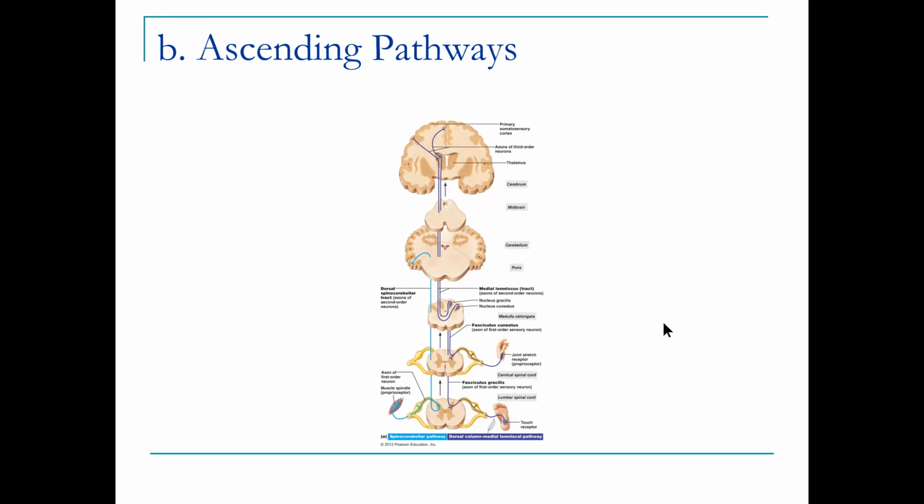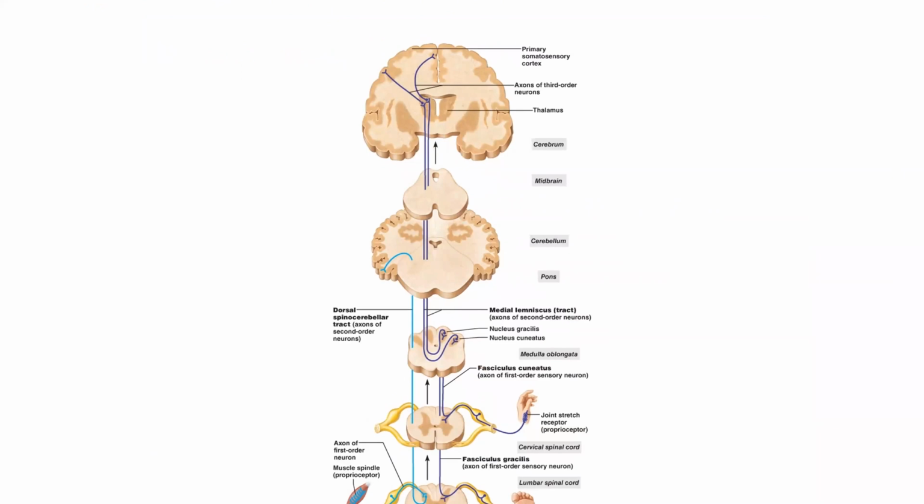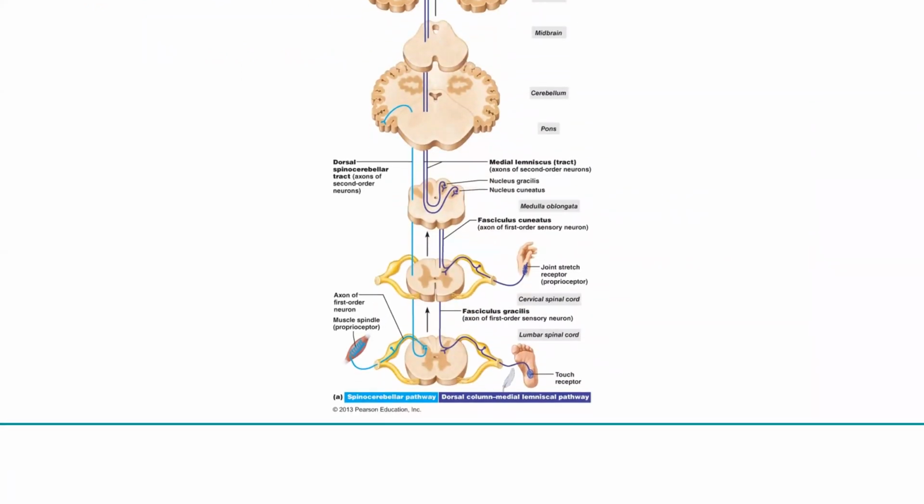Or let's see if this is the... And here we go, the medulla oblongata. So we've got our first order neuron coming in and going up this tract. This is the tract, okay? This is located in the posterior funiculus, okay? If it's on the other side of here, it'd be the lateral funiculus. Here's our first order neuron coming from the foot, coming from the hand. So it's going to be a long neuron, and notice also, I keep emphasizing this because